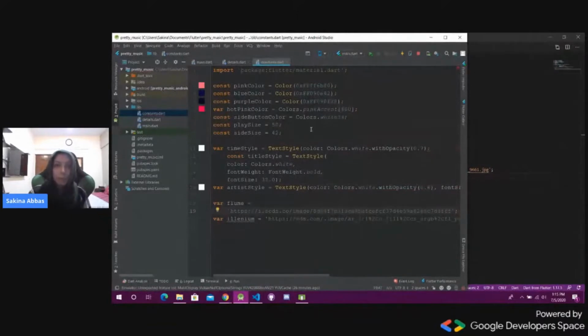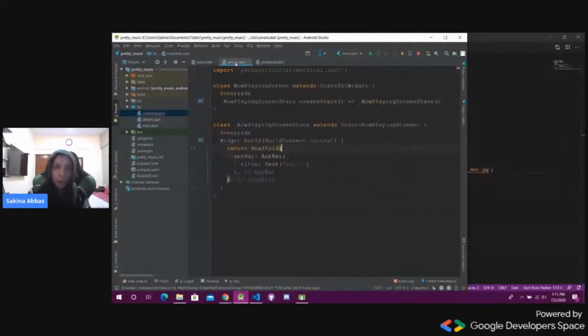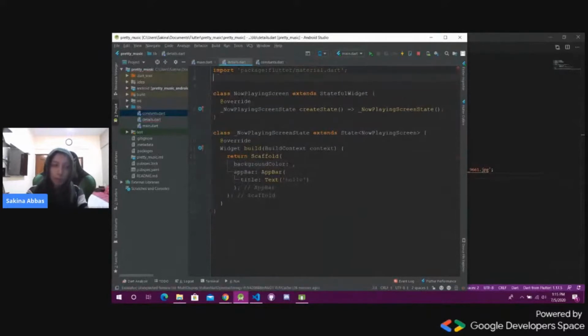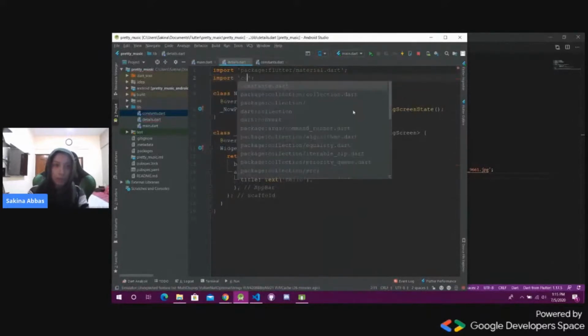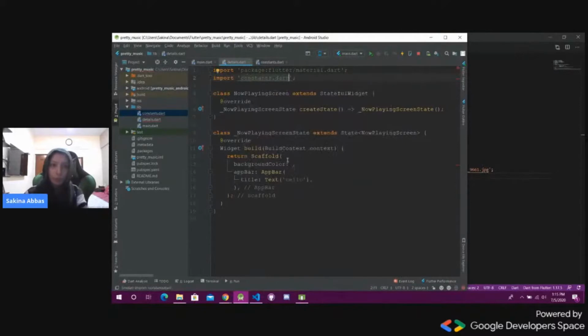Okay. All right. Now, let's give it first a background color. Okay, gotta import the constants file as well. All right. Now, for the background color, we'll be using that deep dark purplish color that we just copied over